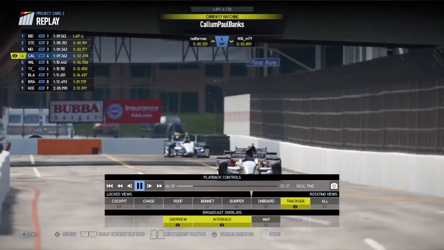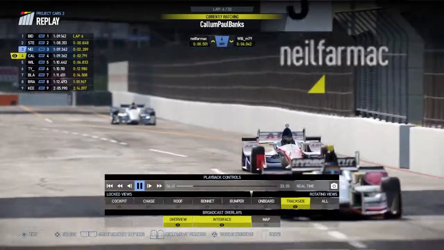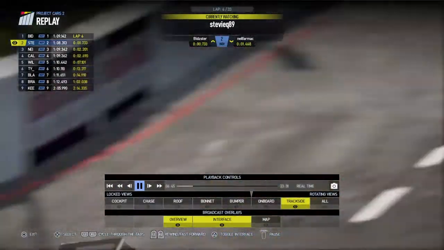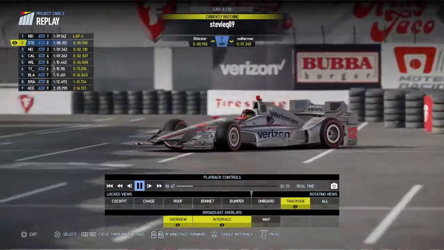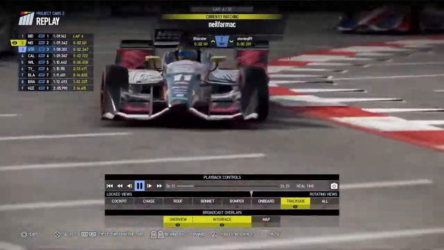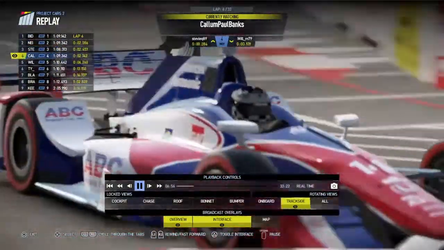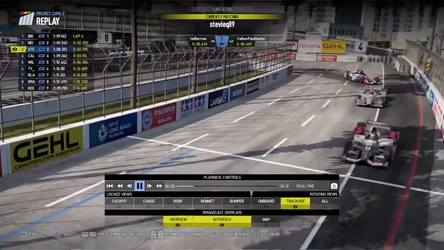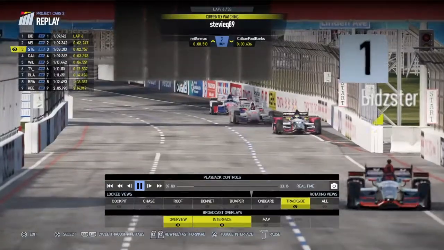Cone goes flying there, and Bradders hits it in the background as Callum closes up to Neil, and Stevie's closing up to the Bidzster here. Oh, Stevie was closing up, he's just drifted the car out and he's lost speed. Neil Farmack goes through. Will Callum be able to capitalise from this? Into the hairpin, Neil's into second, Stevie's in the middle of those two now, so Stevie in a Neil Callum